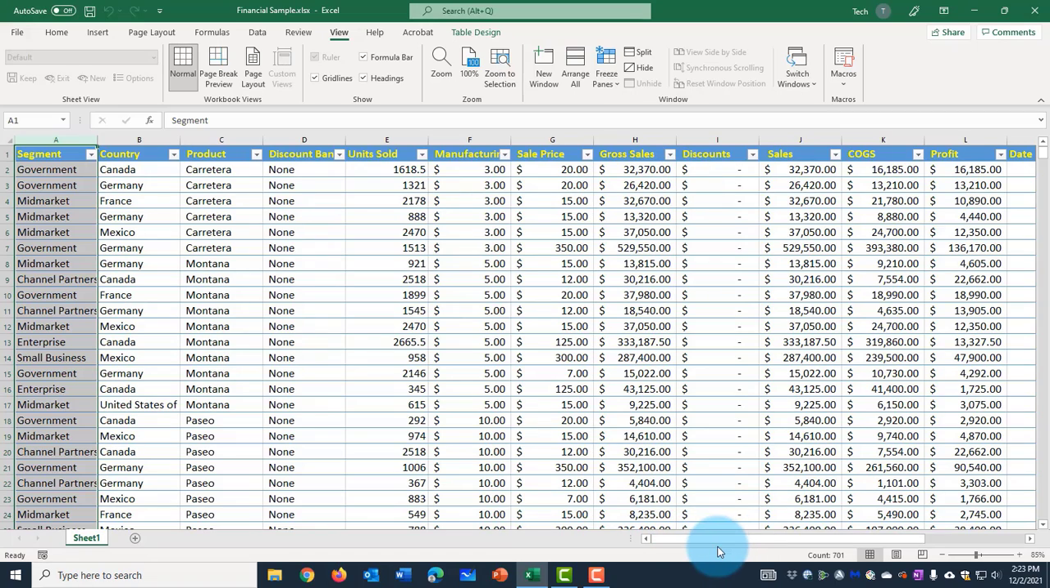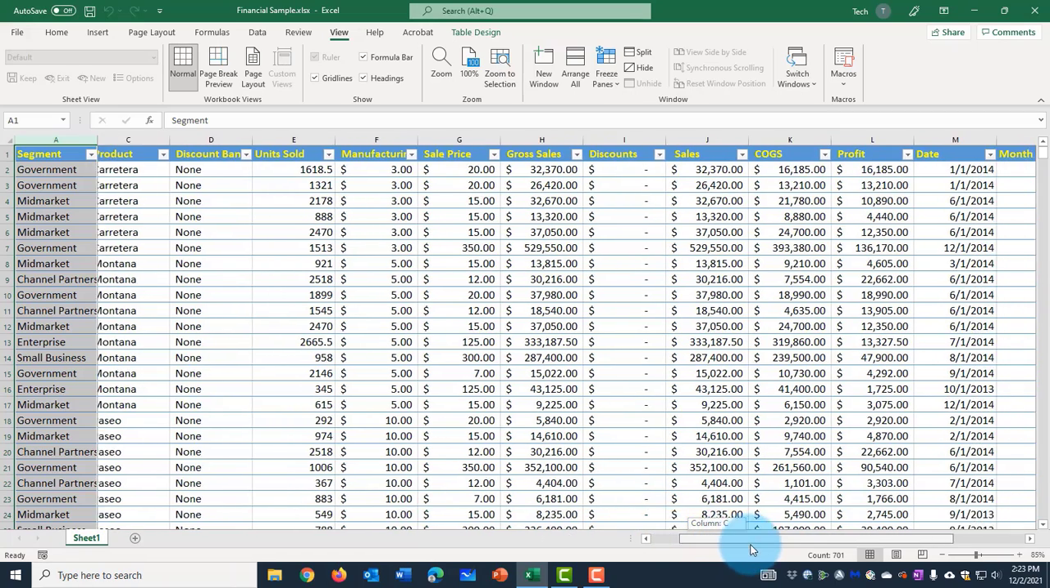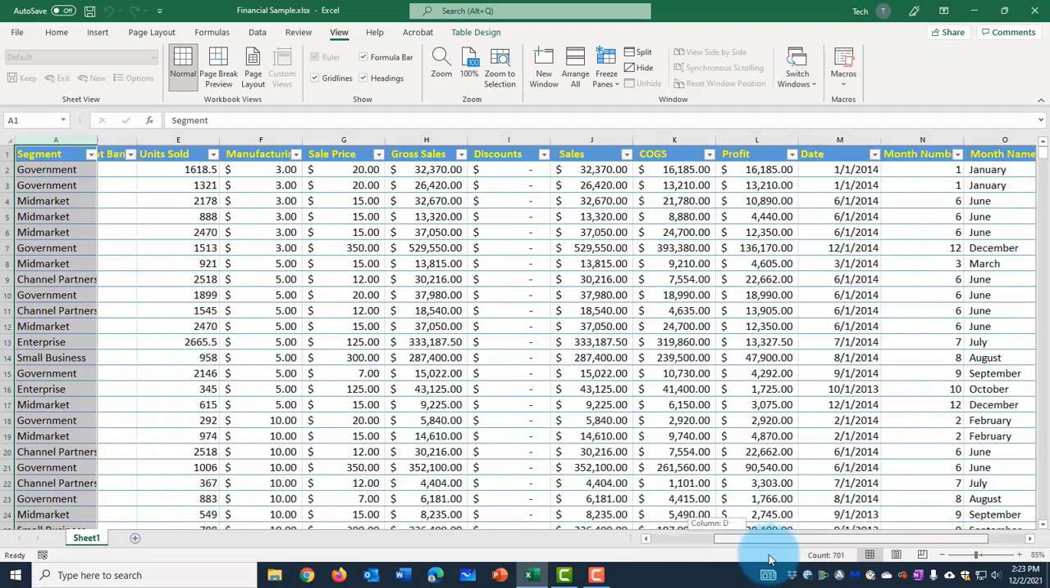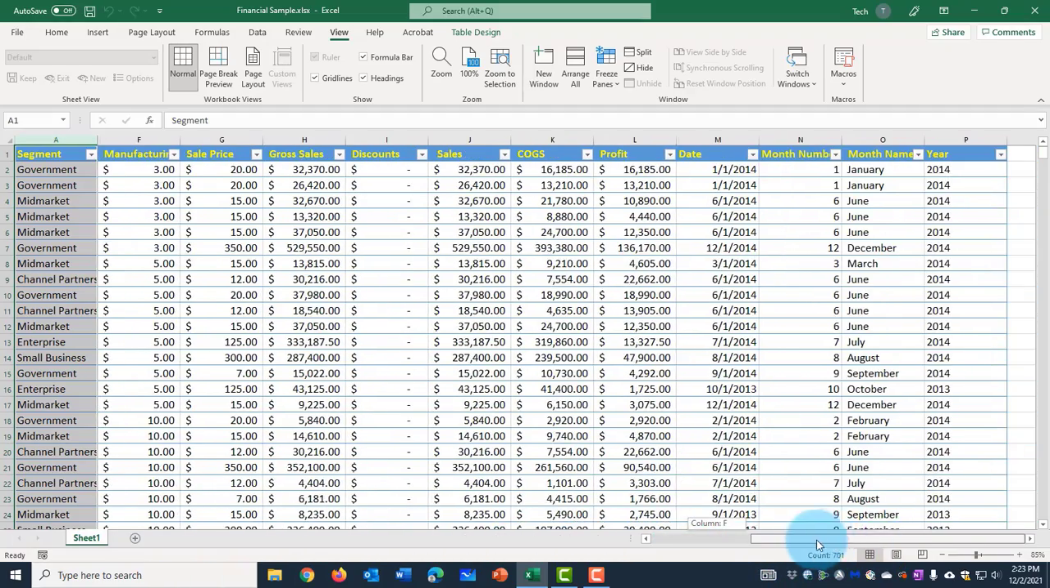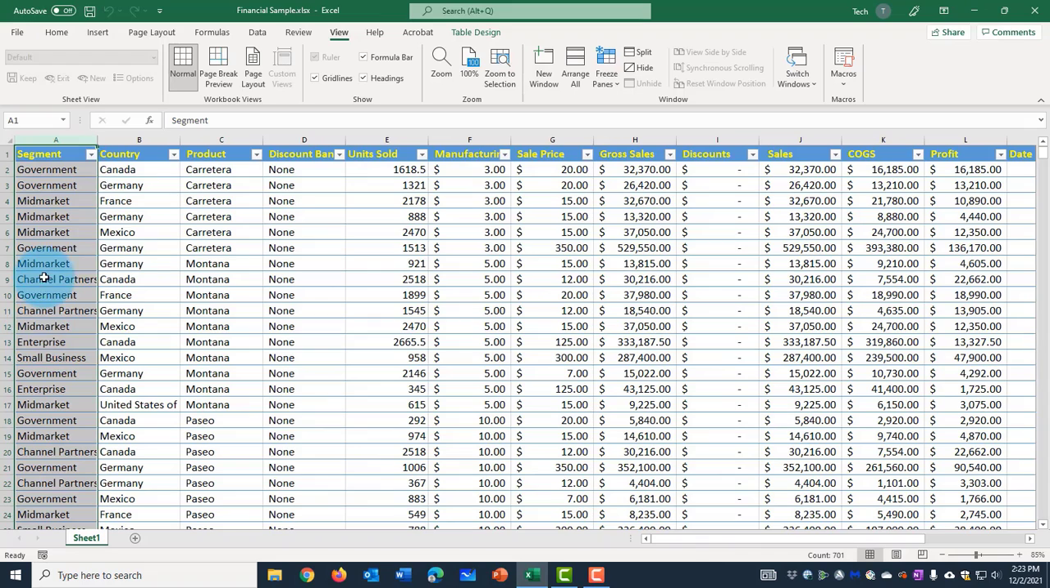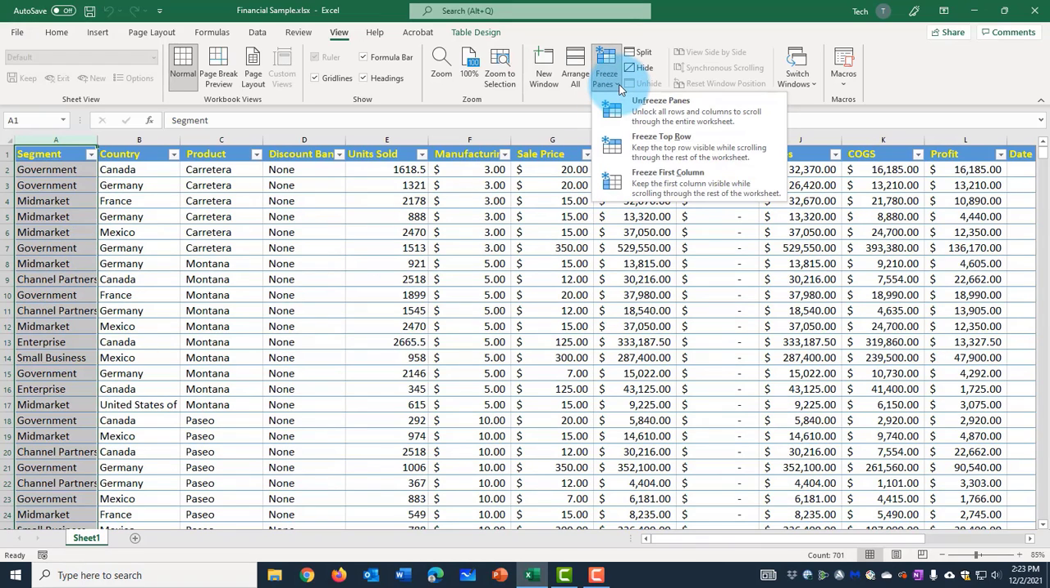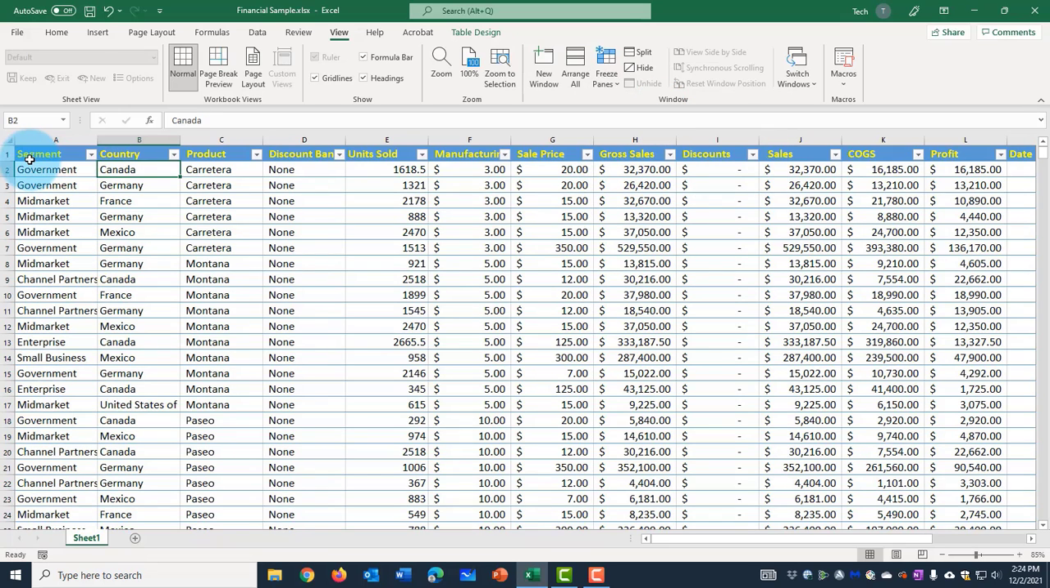Now when I scroll here, it's visible. So to unfreeze that, click on the Freeze Pane tab and unfreeze panes. So if I want to make the top row and the first column visible, so to do that, click on